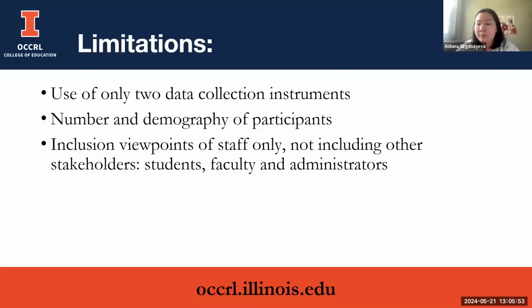And second is the number and demography of participants. We have only 6 participants for the interview and 28 for the survey. Probably having more participants among the 48 community colleges in Illinois could have strengthened our study. And the demography of the participants also looks similar because the majority, 5 out of 6, are librarians. Their main work is related to OER and the library. So probably having a variety of participants and their roles within the community college could have also impacted our study.